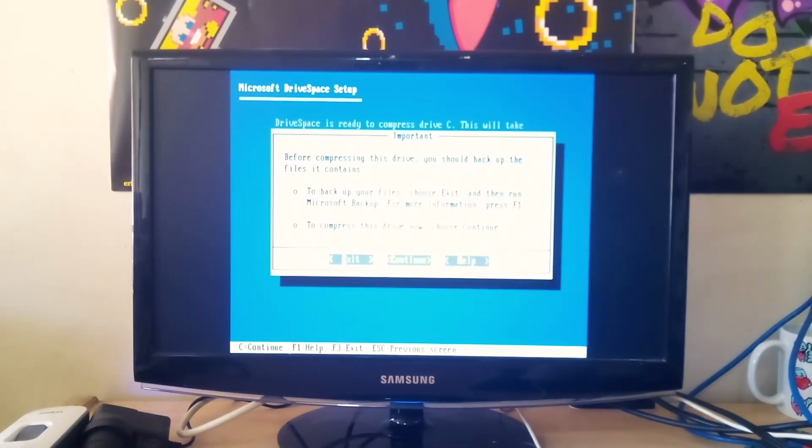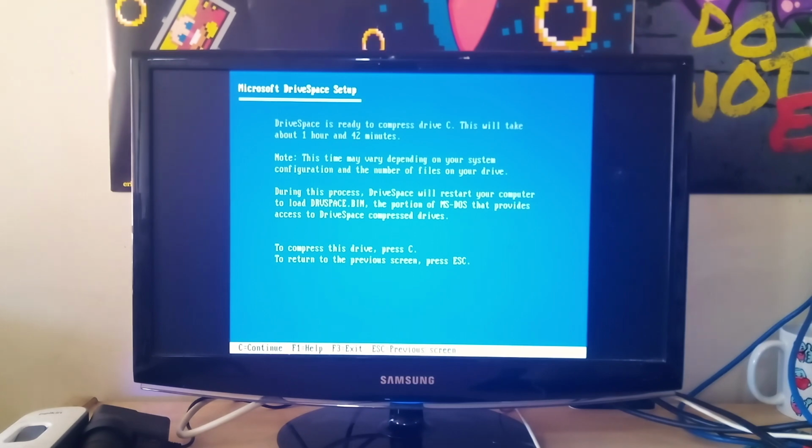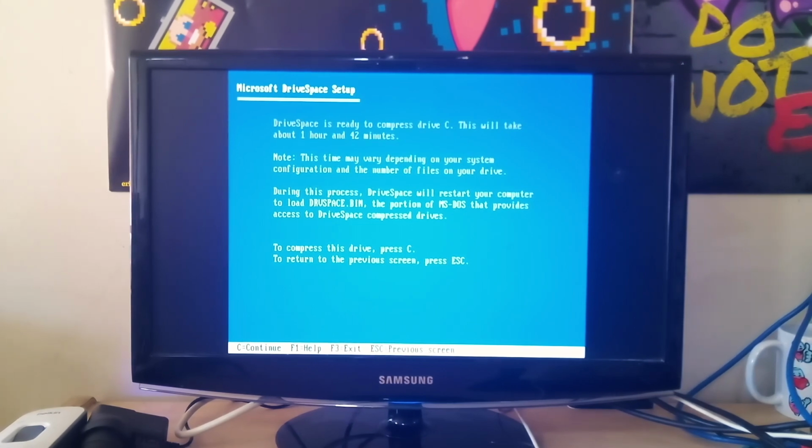And it gives us a lovely reminder to back up your data. So this is your regular warning that if you haven't backed up your data, you probably should, but we'll just continue. And it's now telling us that it's ready to compress drive C. It'll take an hour 42 minutes. I doubt it'll take that long. I think it's being a bit conservative, but we'll give it the magic command to